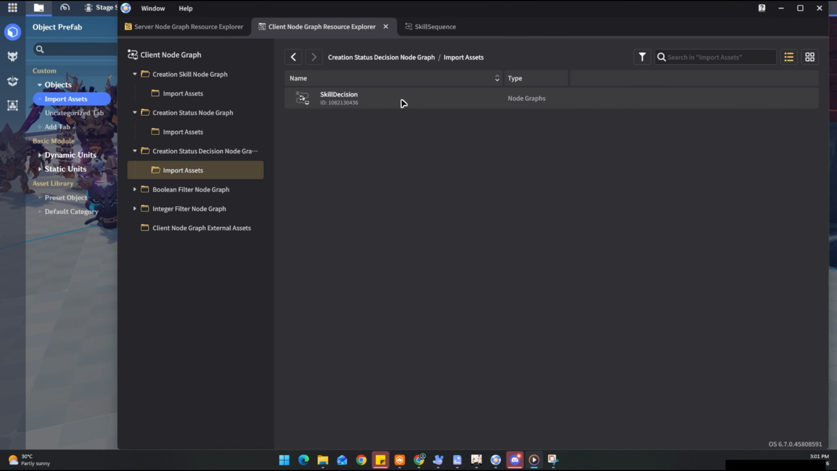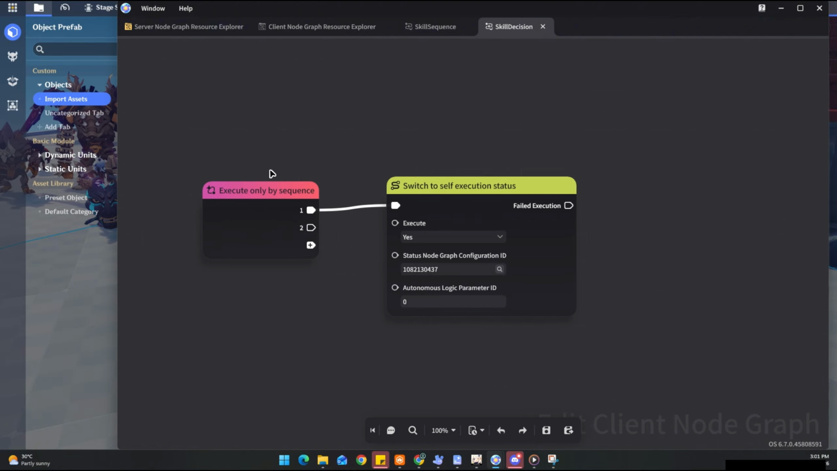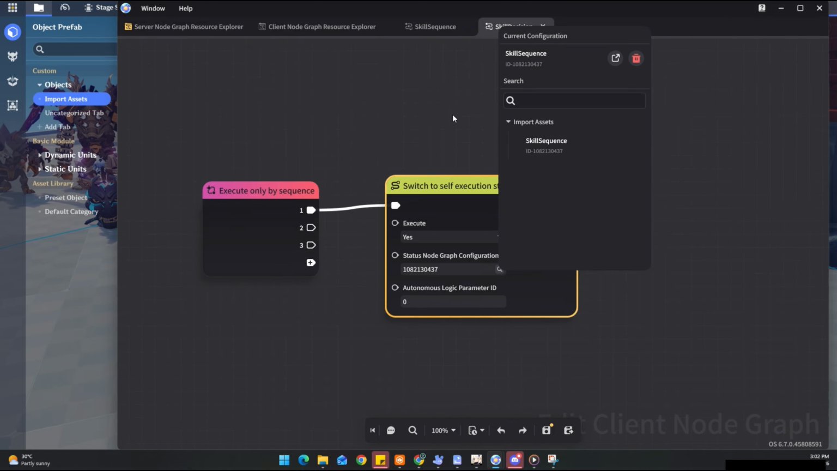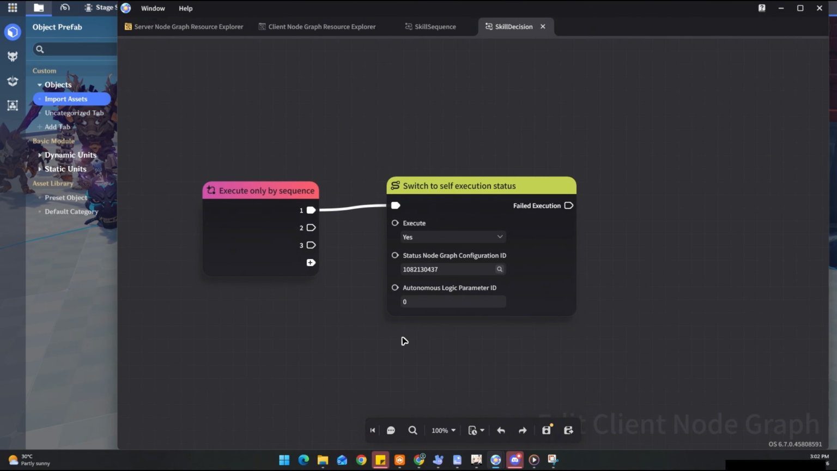Then we have the creation status decision node graph. 1. What this code does. Execute only by sequence. Just like before, this red node controls the order of operations. It immediately fires its first action pin. 1. Switch to self-execution status. This node forces the current entity to abandon its current script container and completely swap to a brand new behavior graph. Status node graph configuration ID